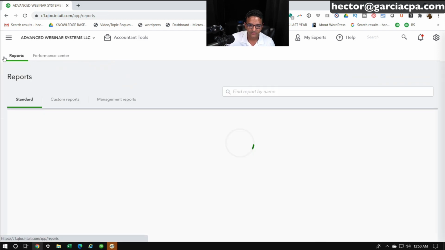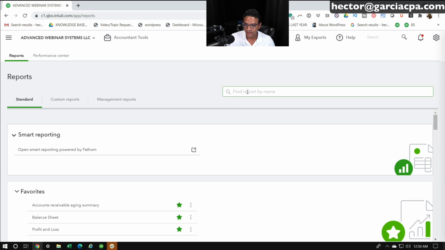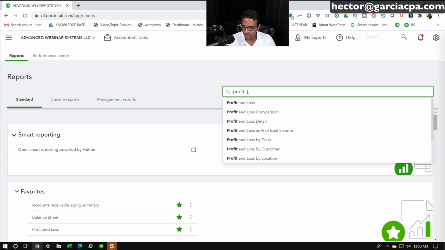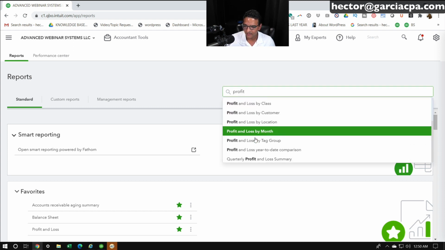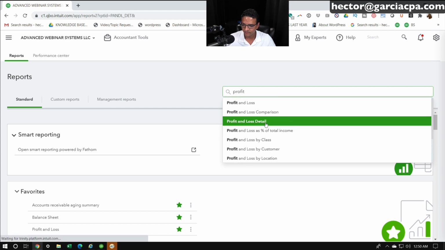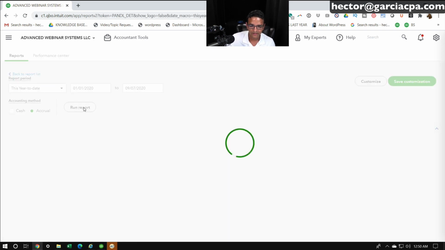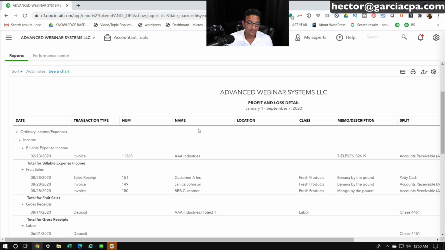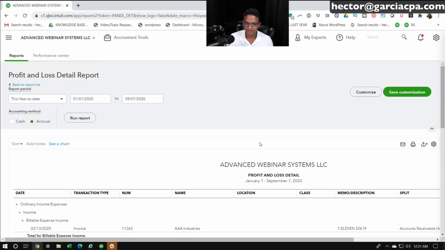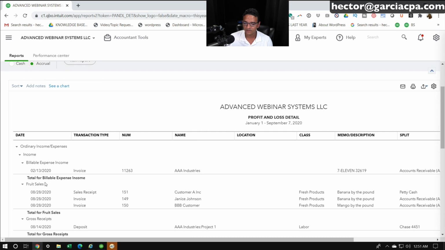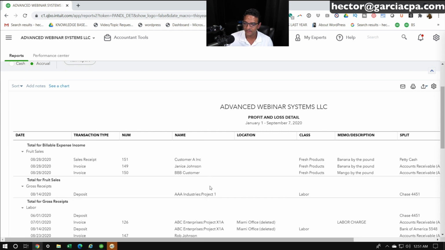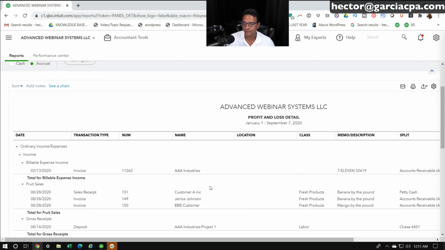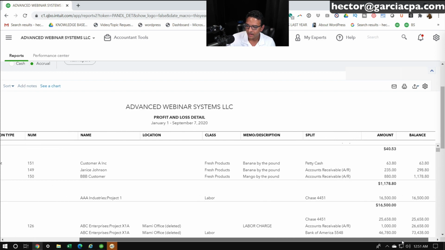The other way to do it is go to reports, and then do a profit and loss detail. So profit and loss detail, let's do profit and loss detail, and then click on run report, and then you're going to get something similar. It's going to be kind of a group by account. So I'm not sure if that's going to be useful, but after doing some Excel cleanup,